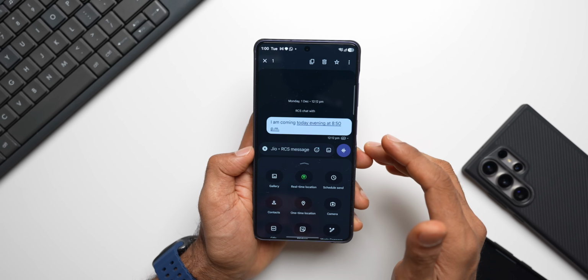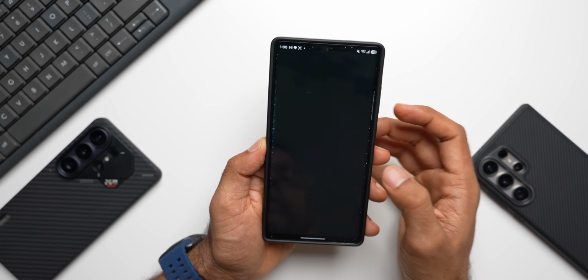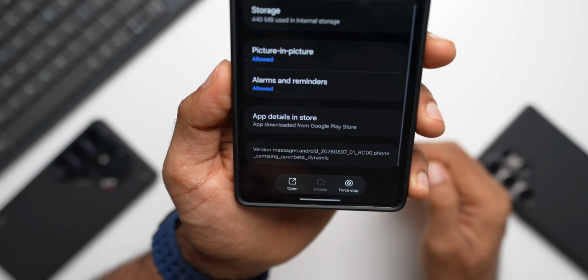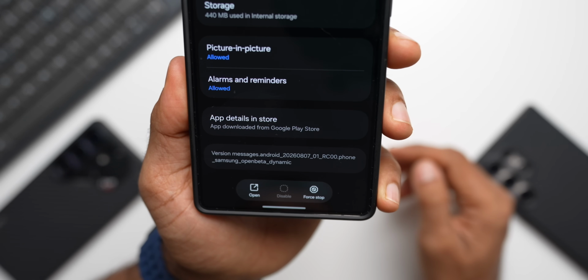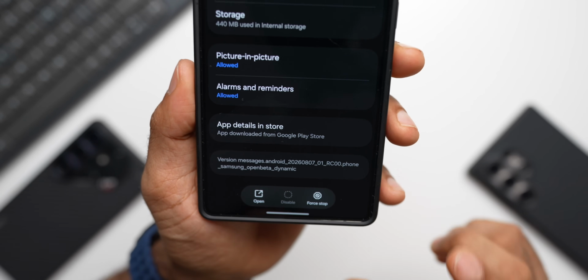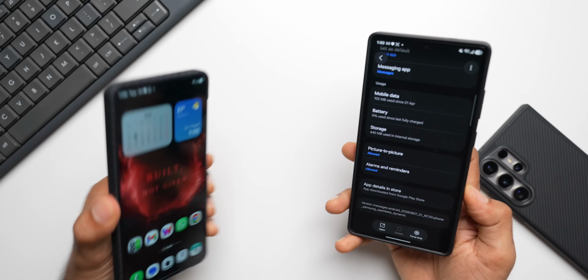It has now become more like WhatsApp and a few other chatting applications, getting new features almost every week or every couple of weeks. Now, for those of you who want to know the version number, this is the latest version that I have on my phone. It's 202.60807. Actually, it's the same version that I have on this phone as well, but for some reason that feature